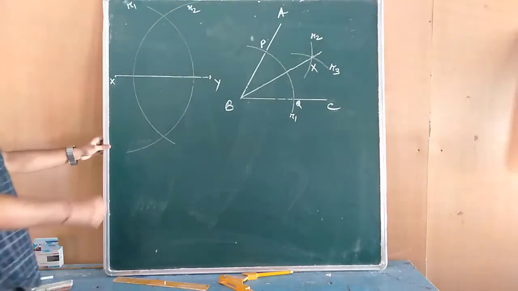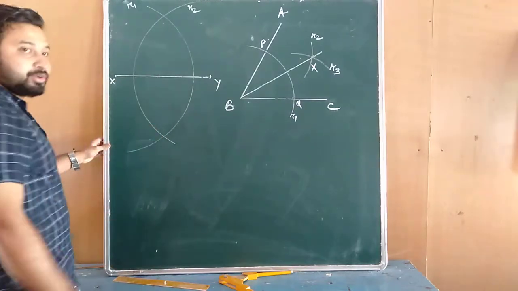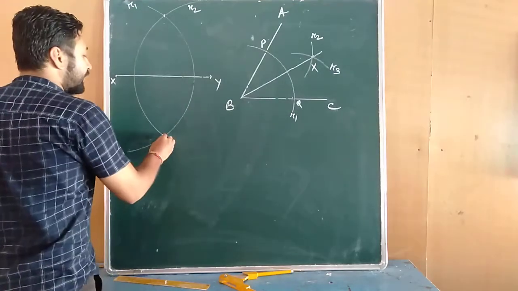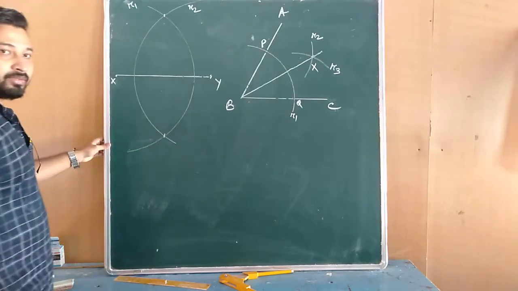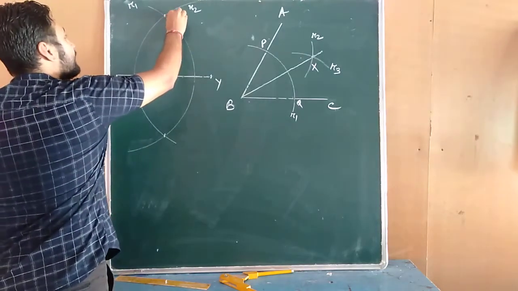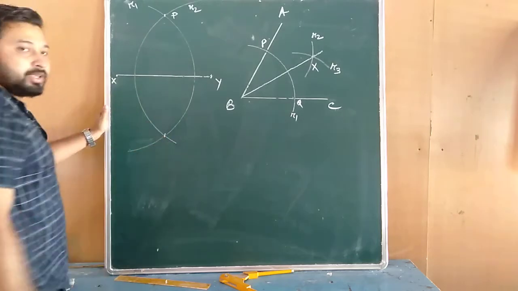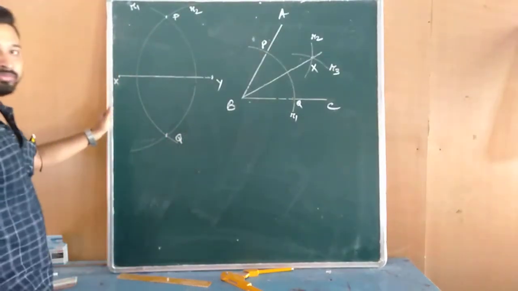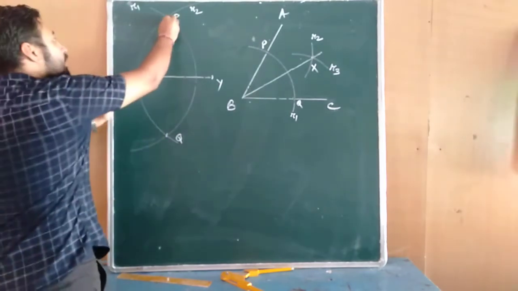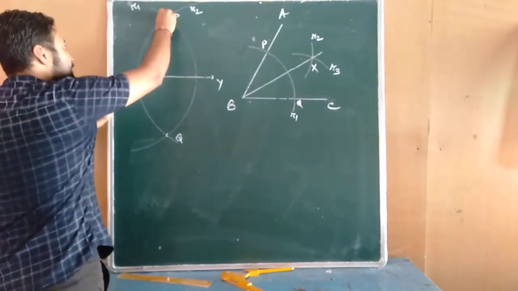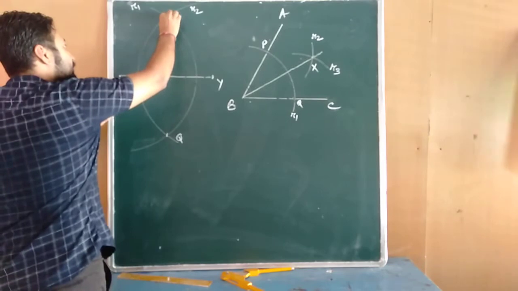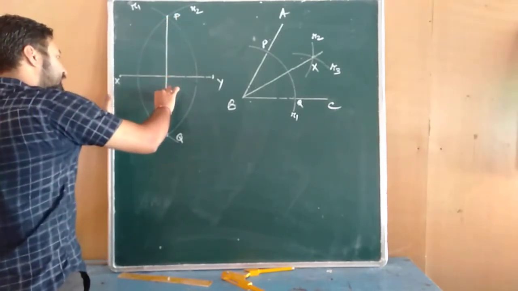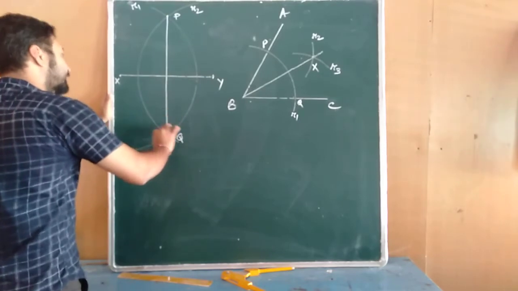So these two arcs, R1 and R2, intersect at two points. Name of this point is P and this other point is Q. Now if we join these two points, P and Q,